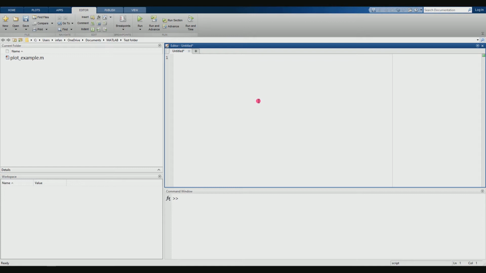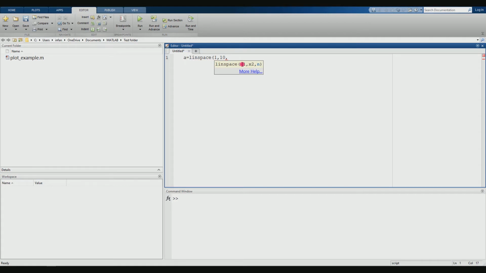I'm creating a variable a. A is equivalent to linspace, open the bracket. MATLAB will show you the syntax for your reference. It says linspace of x1, x2. Here x1 is the first data point, and x2 is the last data point. The first data point I'm going to use is 1 and my last data point will be 10, comma.